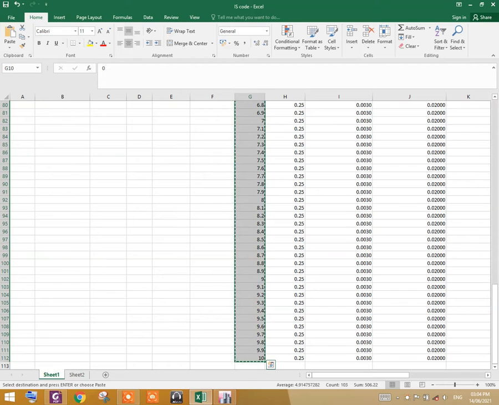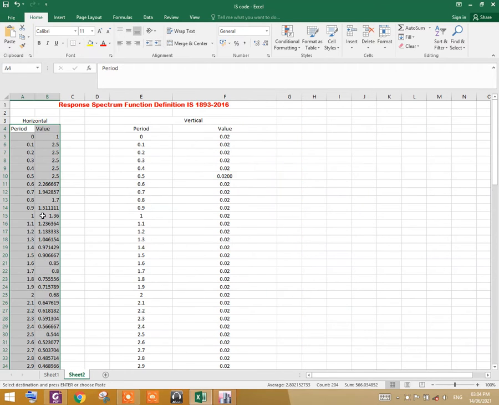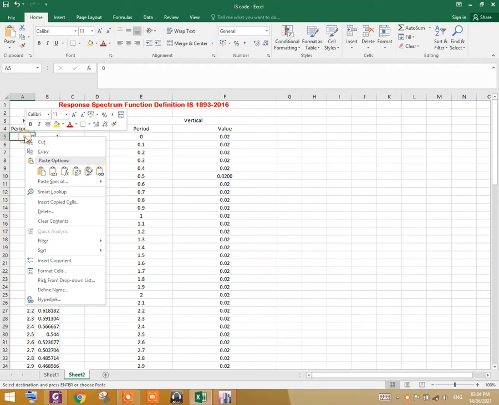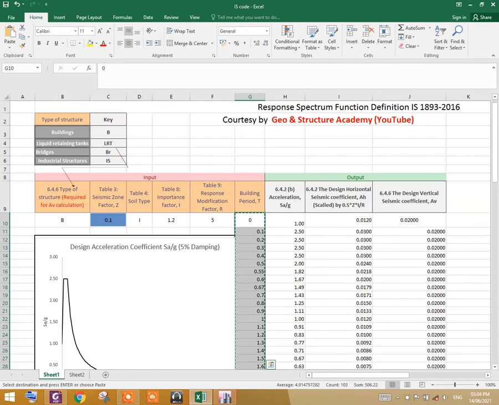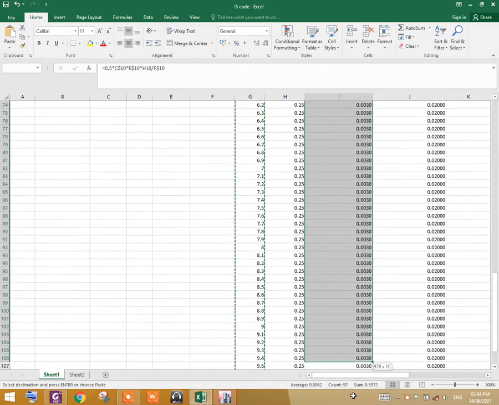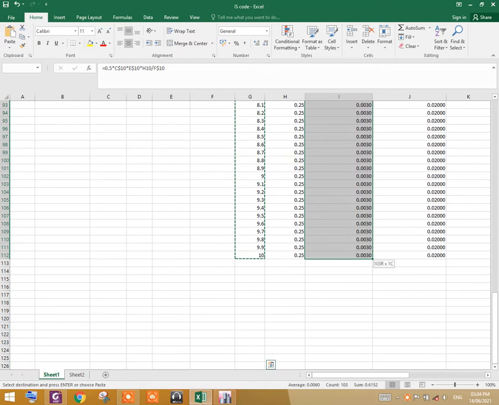Press copy, and you have to make two columns, that is period and value. In the period column you have to paste by value. Now we have to copy the other data, that is the design horizontal seismic coefficient. Copy this, press Ctrl C.